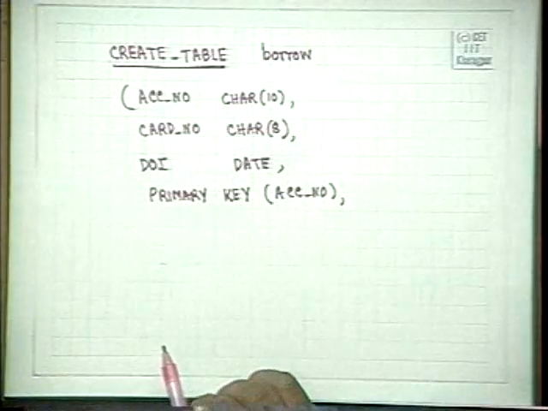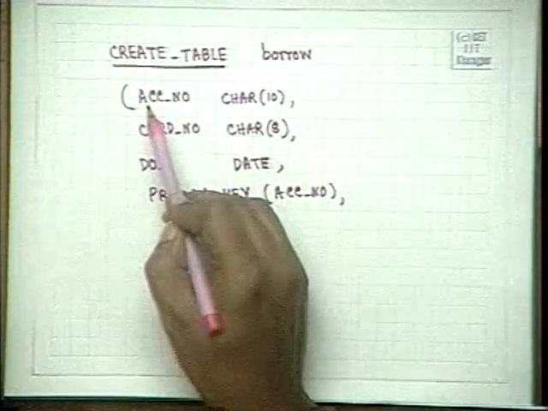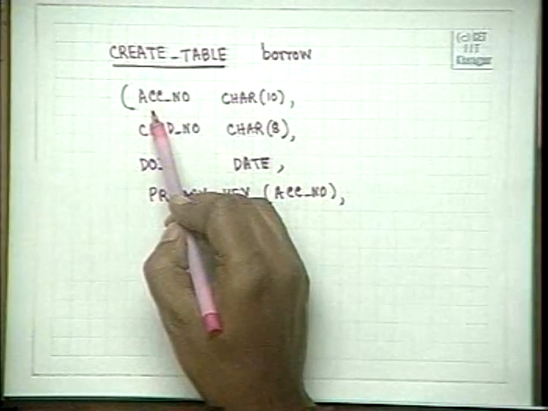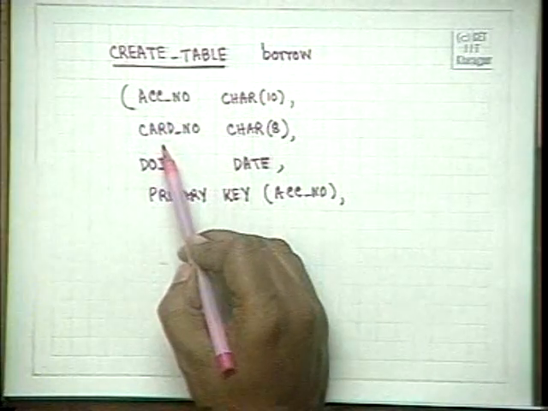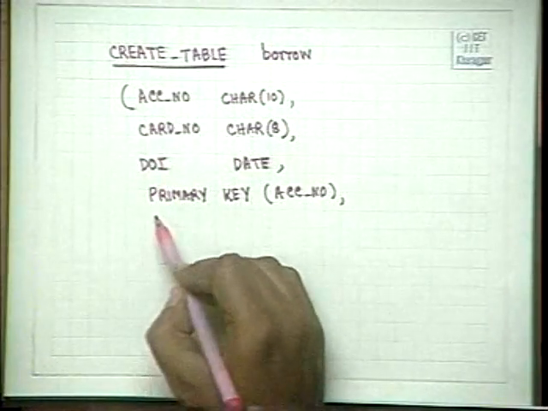Additionally, we will have to now define the foreign keys. What are the two foreign keys here? Accession number is a foreign key referencing the relation book, and card number is a foreign key referencing the relation user. Therefore, we will say